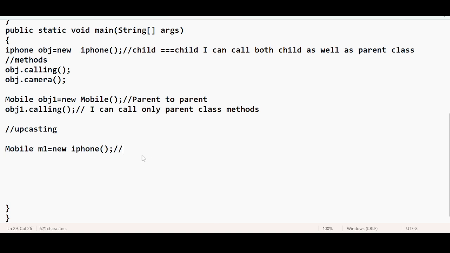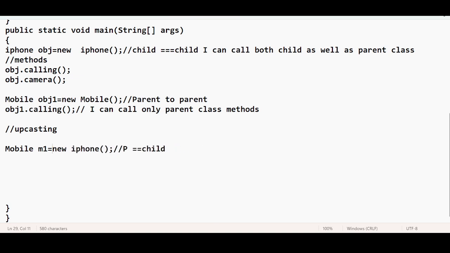Do you agree? Parent to child typecasting. Internally, the compiler is going to add this cast operator. You can also write it explicitly, converting the child class type to the parent class type and assigning it to the parent class variable, or you can remove it, no issues.